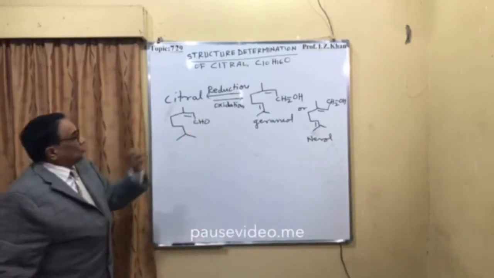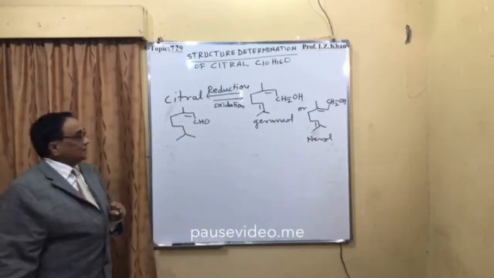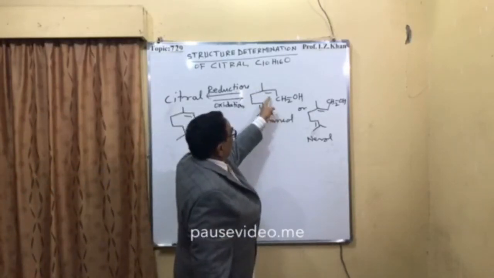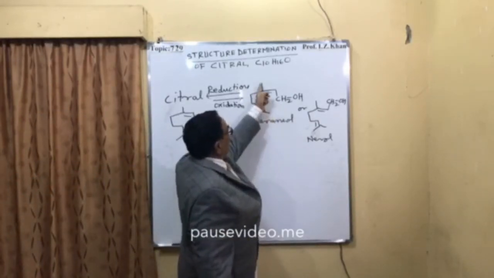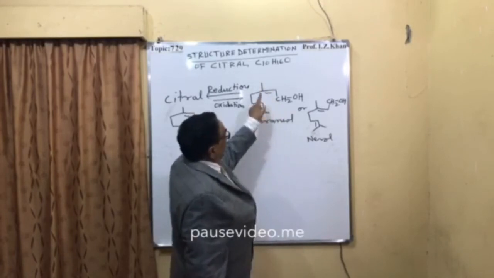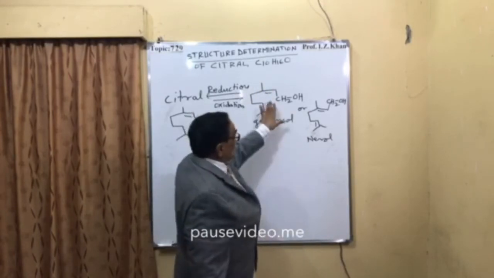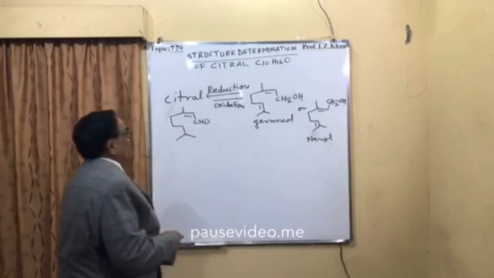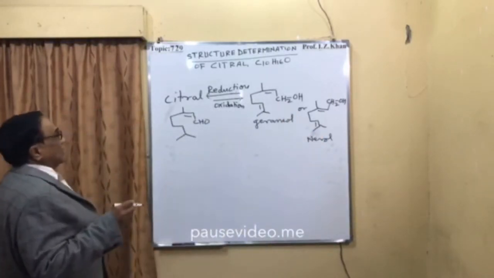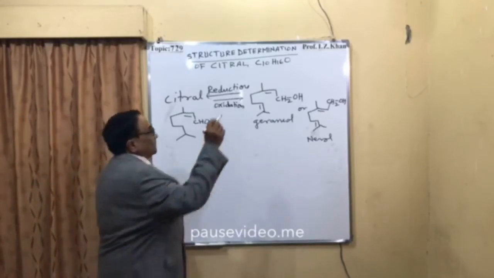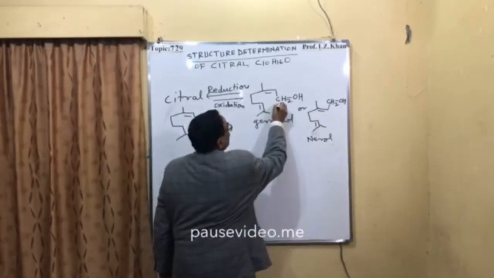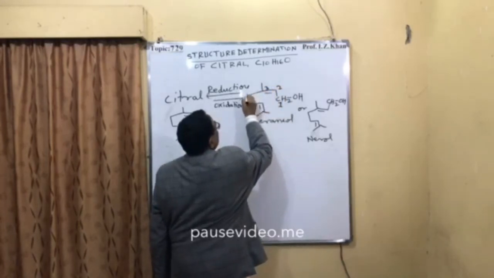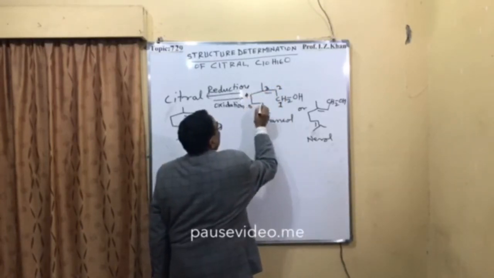So these two isomeric forms are there for citral, and here in this case, against this double bond, these two functional groups are in trans form. So this is your trans form and this is your cis form. And here if we are counting the numbering, it will go like this: 1, 2, 3, 4, 5,